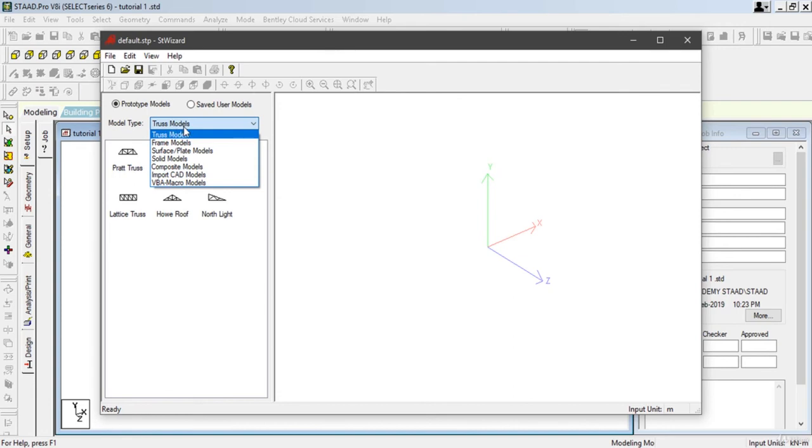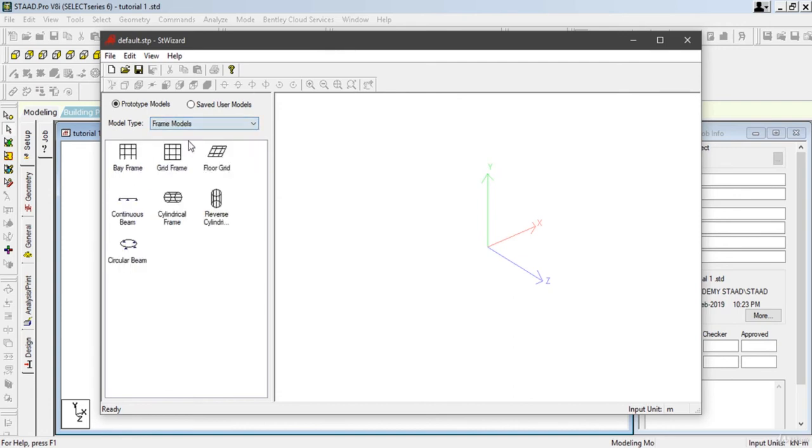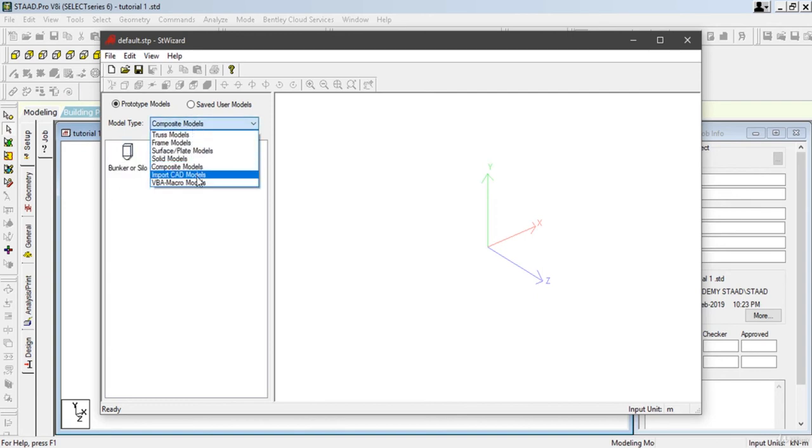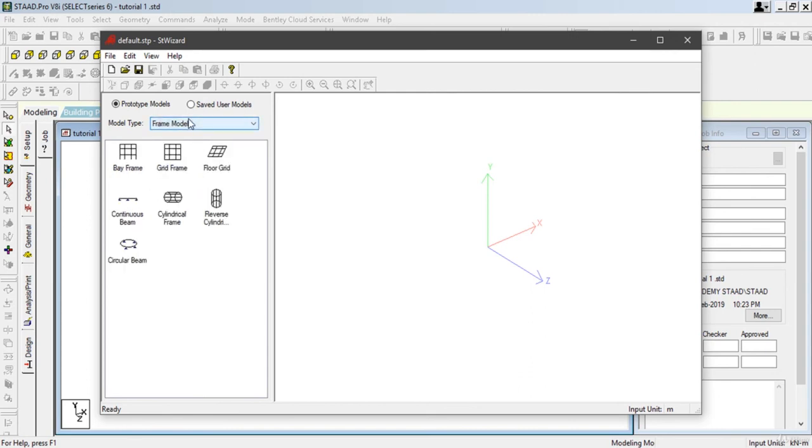We can go ahead with truss models, frame models, surface or plate models, solid models, composite, that is bunker or silo, or we can import CAD files, that is DXF files, or we can also go ahead with VB programming. To make things simplified, we can go ahead with frame models.